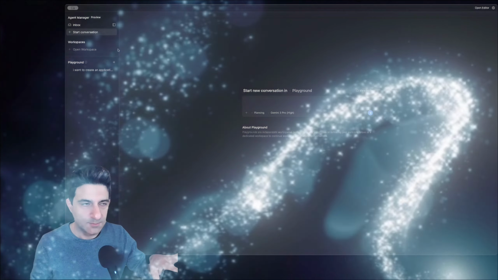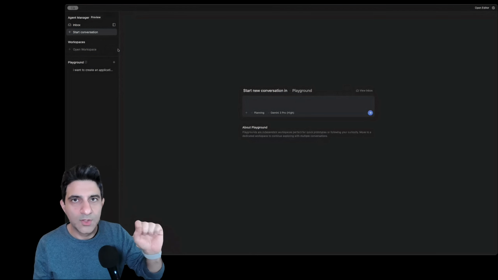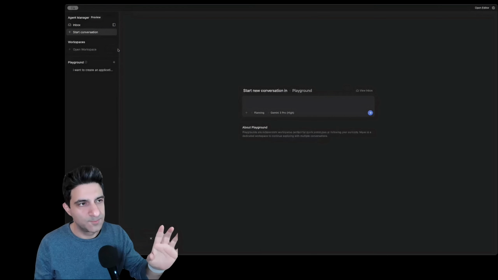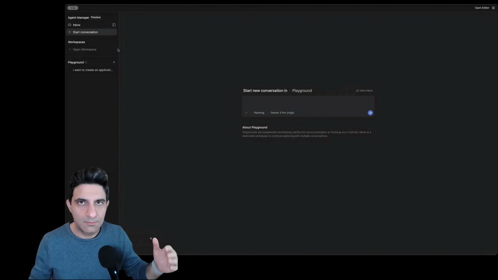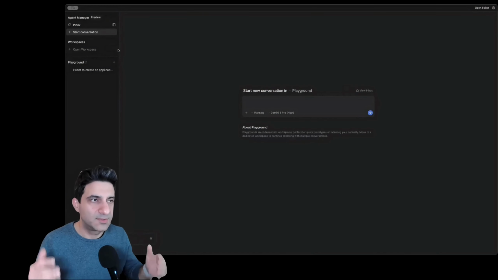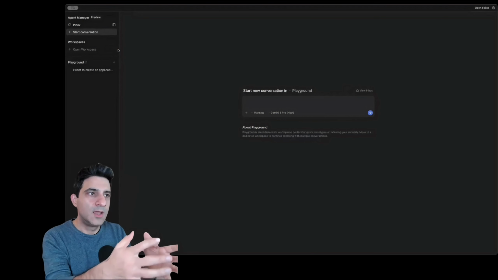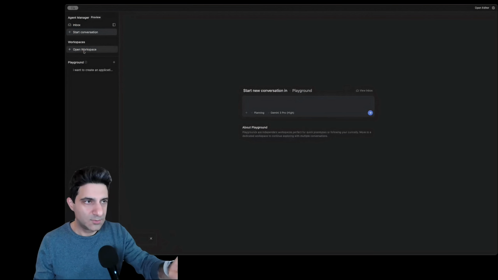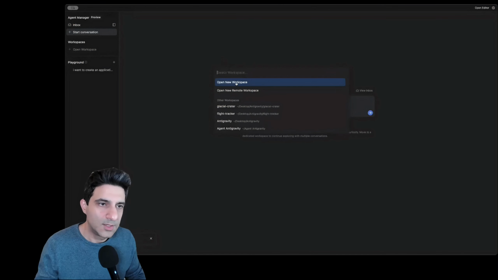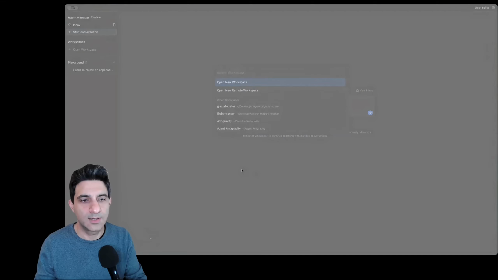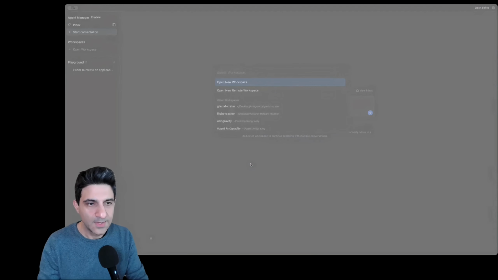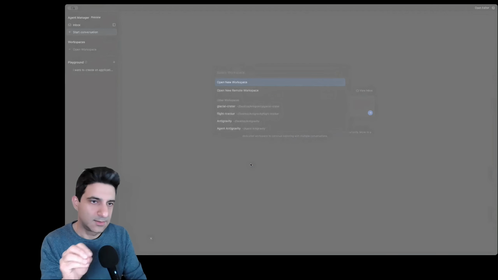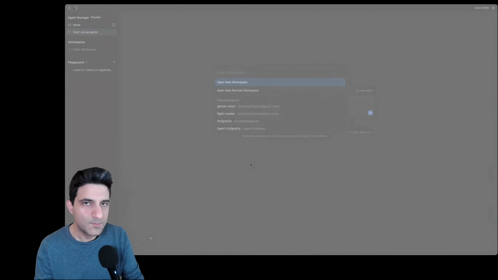Now the product is installed, and let's go ahead and start using the product. It will take you some time to figure out how to work the product, but that is essential. Essential to first spend some time in understanding where the different pieces lie, etc. Then what we're going to do is open a new workspace. Workspace is a place wherein you would want to work, or keep all the code related to that particular application that you're building. So let's build a weather app, okay?